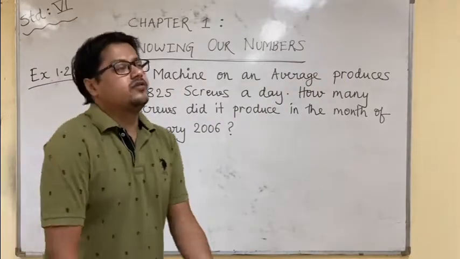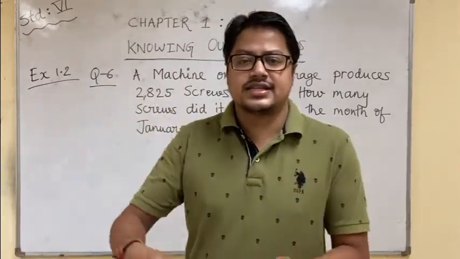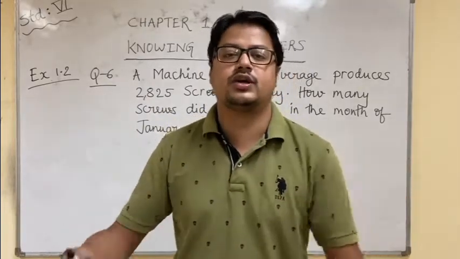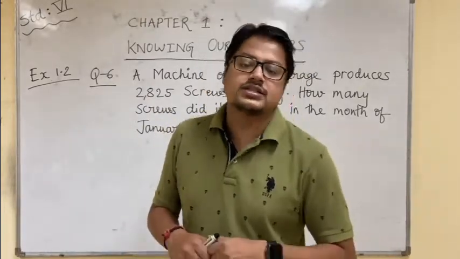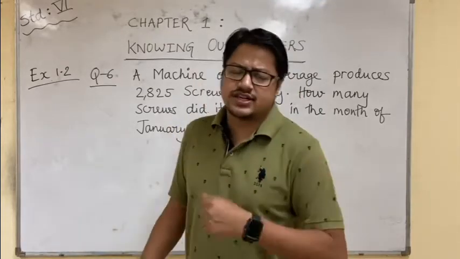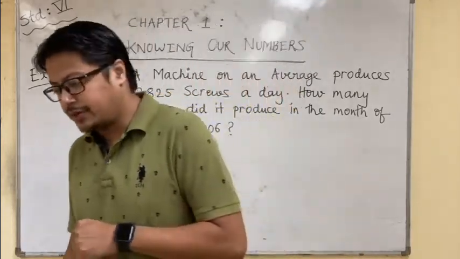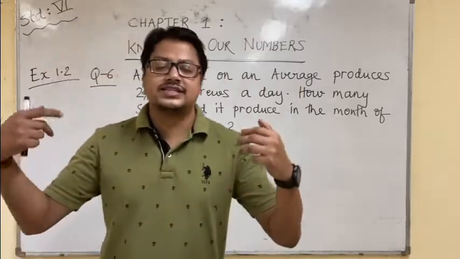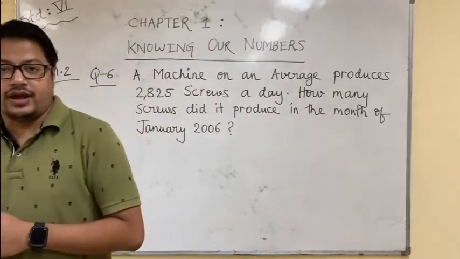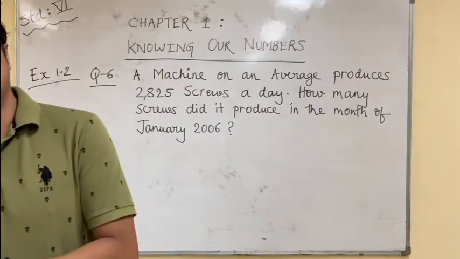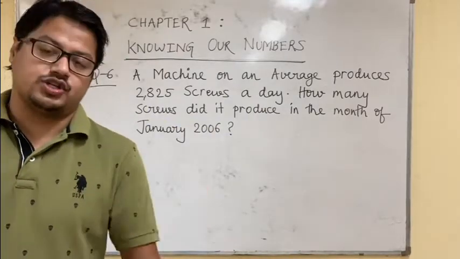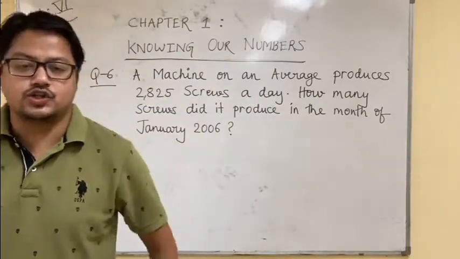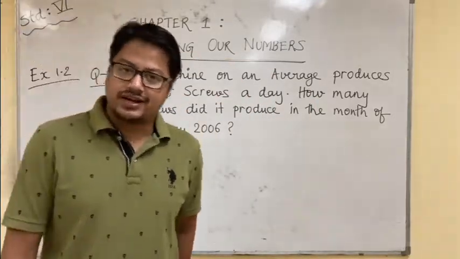When in the end of the word problem you see this word, what is the sum of this? What is, you can say, how they will work together? Okay, what is the total of this? So in such cases you will be doing addition. If in the end of the word problem you see what is the difference between them, one is greater than the other one by how much? One is scoring more marks than the other one by how much? All those cases you will do subtraction.